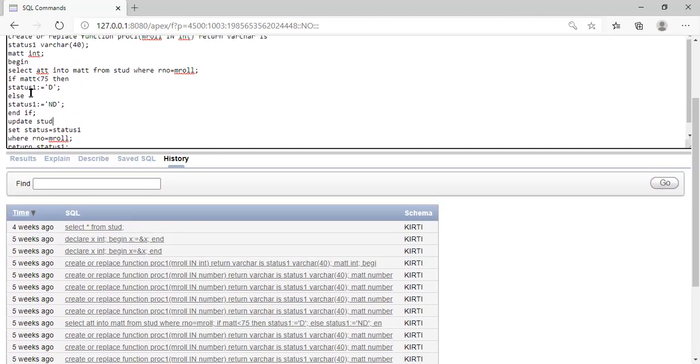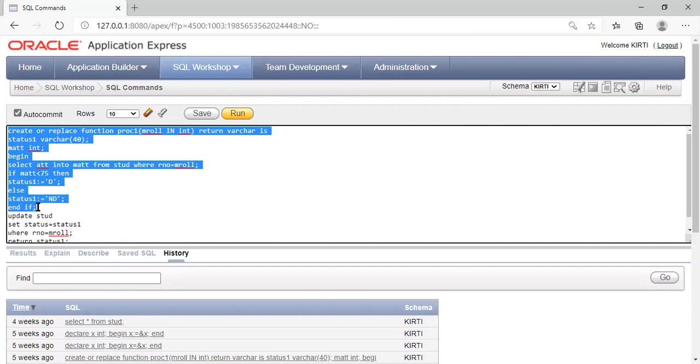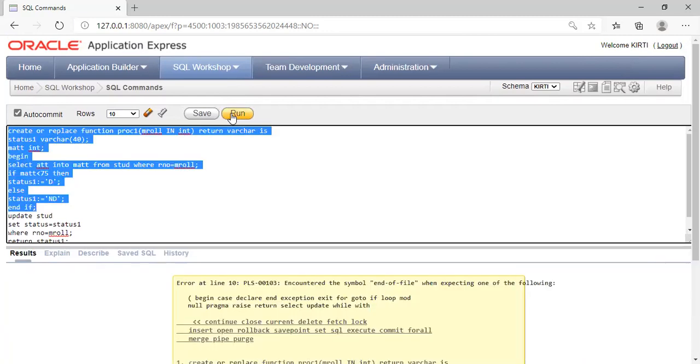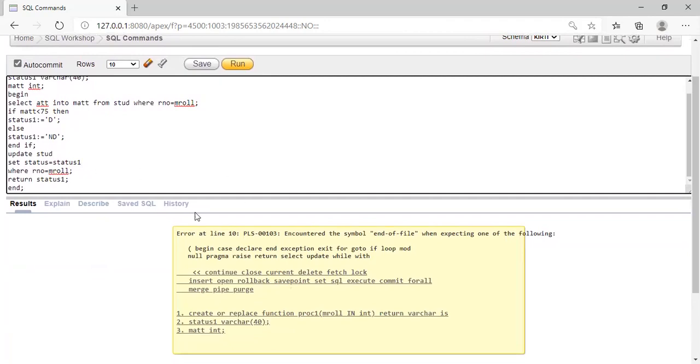Now what I am doing is first of all creating the function. Okay, we will check and update the student table.